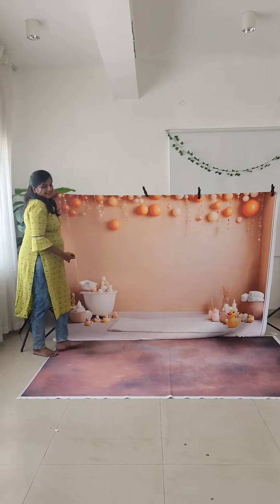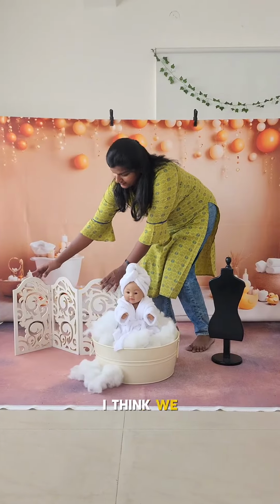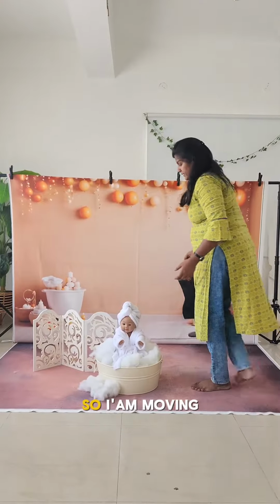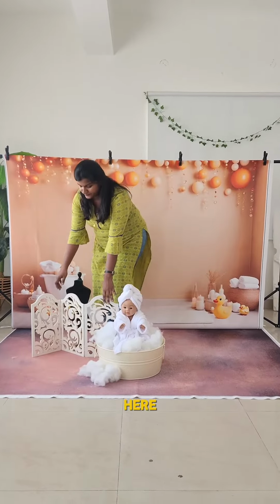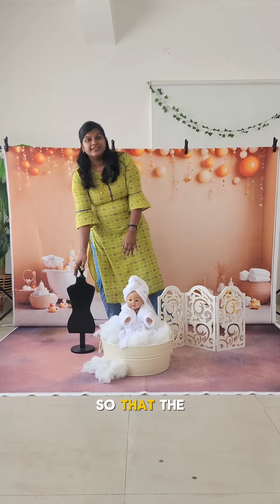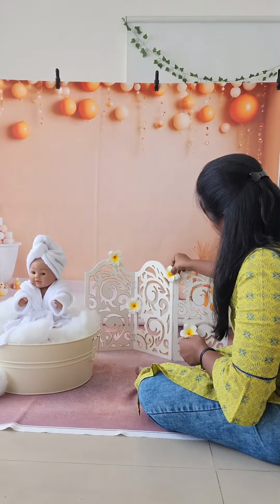I'm constructing this setup using a floral divider and a mannequin stand. I think we should reverse it because the light is coming from here. So I'm moving the mannequin stand here and the floral divider here so that the dark element comes near the light. Some champa flowers and